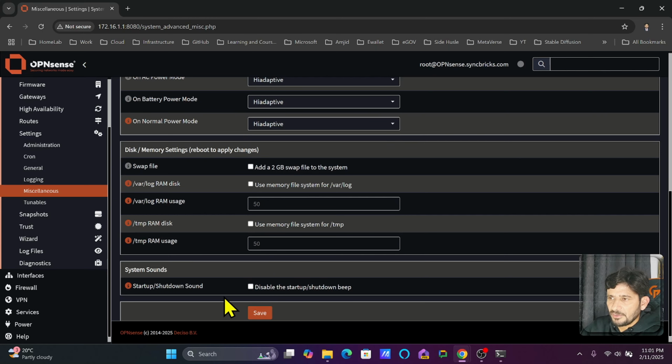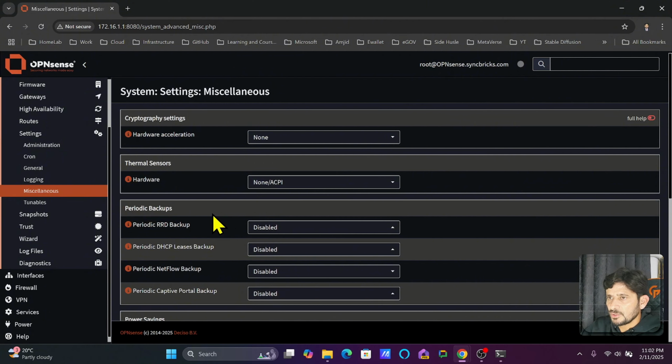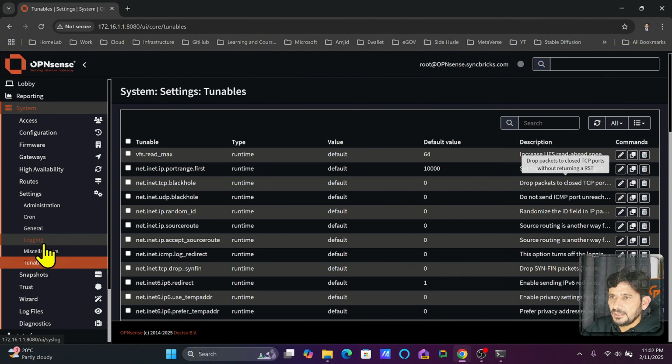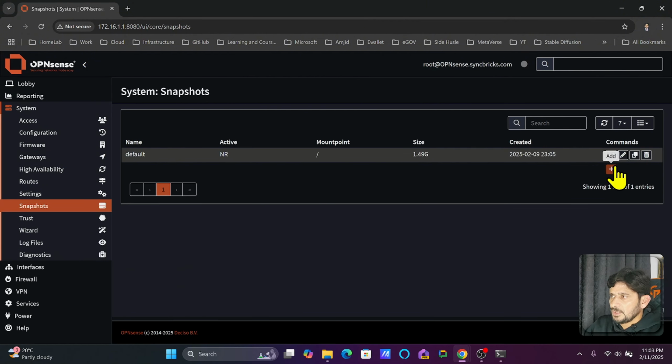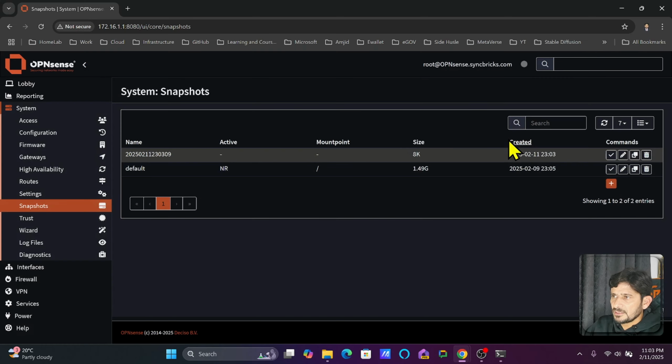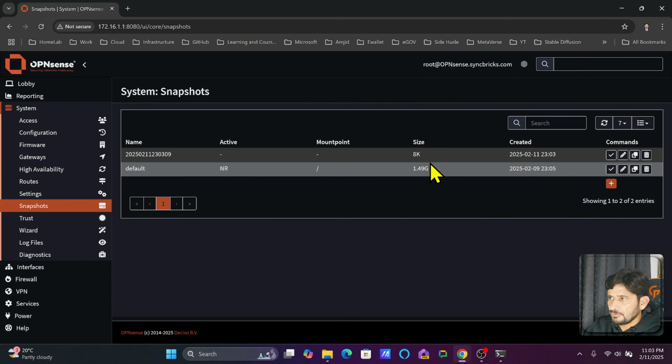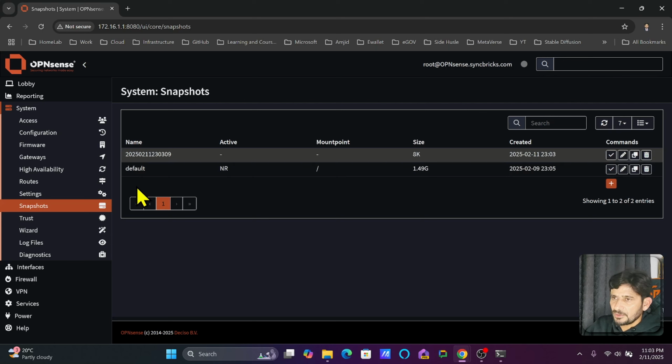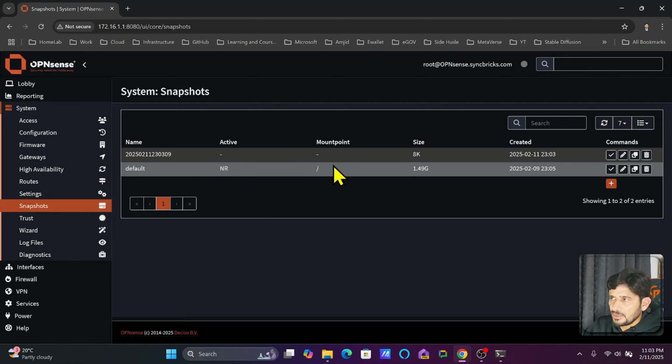If you are using hardware, of course, Protectly. So whether you want to have the sound coming at a startup or shutdown, so beep will be there. Otherwise, you can keep it disabled. So this was about the miscellaneous options here. Then is the snapshots. So for example, you want to take the snapshot. It is automatically taking the current date and current time, so I will save it. You can see here the major snapshot was here, and then it has taken 8 KB snapshot. If there was something wrong, so you can go back to that specific and you can activate it,